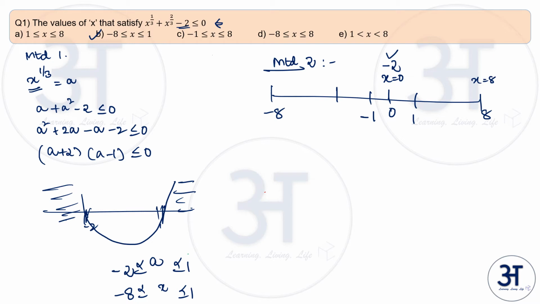In that case, x power 1 by 3 is 2 and x power 2 by 3 is 4, minus 2. So this is not a part of the solution because this is positive. x is equal to minus 8 would give me x power 1 by 3 is minus 2 and x power 2 by 3 is minus 2 whole square. So that is 4 plus 4 minus 2, and this will be equal to 0. So this is also part of the solution. So my plus 8 is not a part of the solution, and my minus 8 is a part of the solution, which includes 0. So your answer is B in method 2 also.